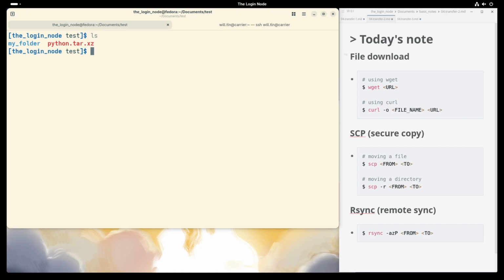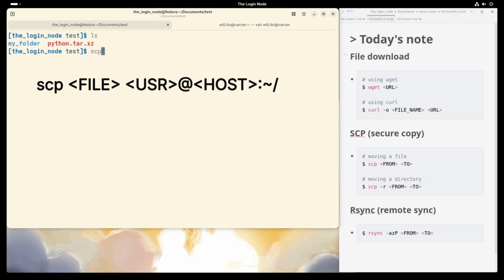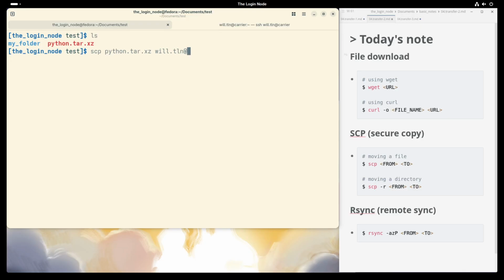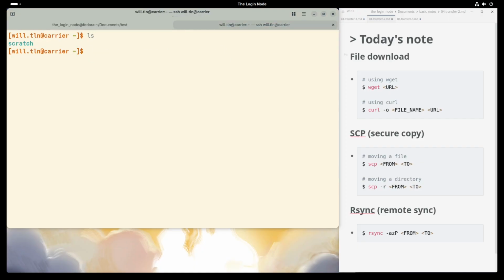It's quick and easy. Let me upload this Python file. scp Python tar xz will.tln at cluster colon tilde slash. Here is your home directory, and the file is copied.